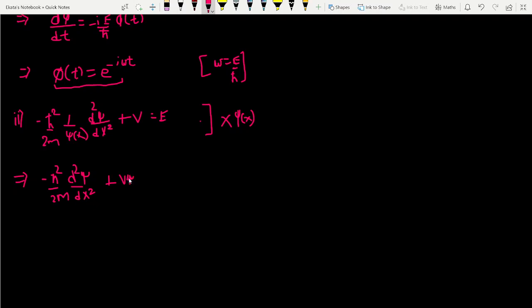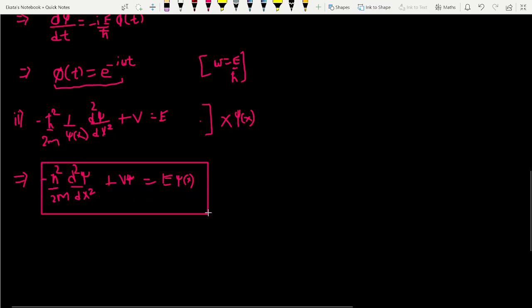This is not the psi that is in the time dependent form, and this is equal to E psi of x. So this is our time independent Schrodinger equation,